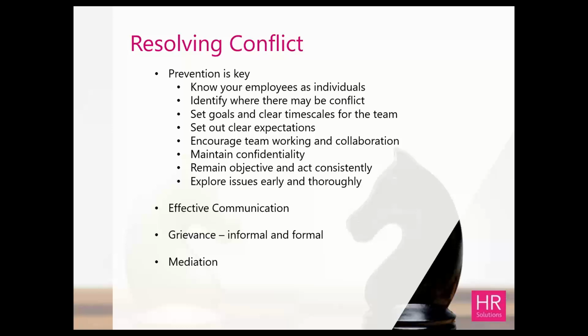If we think about conflict, some of it can come back to ambiguity in terms of the job role, where the organisation is heading to, objectives. So really setting clear goals and objectives is going to be really important moving forward, and setting those realistic timescales so that the individuals on the team can feel like they are working within their capacity and are able to meet the demands that are put on them. And set out clearly your own expectations in terms of how people treat each other, how you interact, the general conduct and standards of work, because by doing that, you're almost preempting anything, and you're trying to prevent things